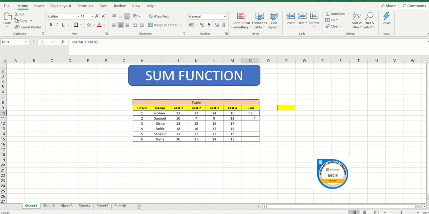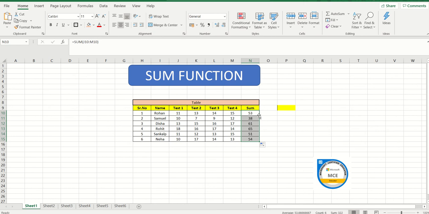So this is the sum or the addition that I have in front of me, and if I'd like to replicate the formula for the remaining cells as well, I don't have to put the sum formula again. What I can do is click on this cell and move to the extreme bottom right-hand side until you see the plus sign. Can you see this plus sign which I'm moving across? When you see the plus sign, just put it towards the corner and click it.